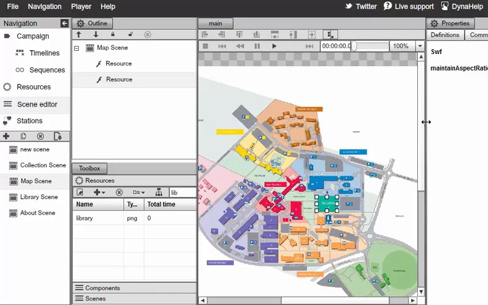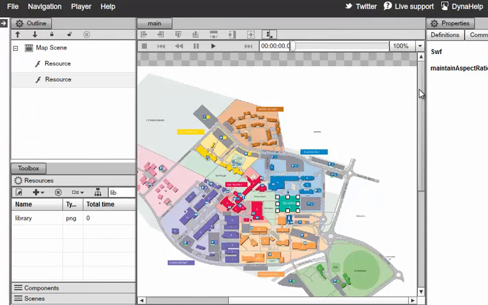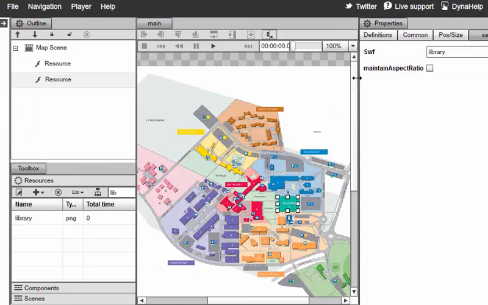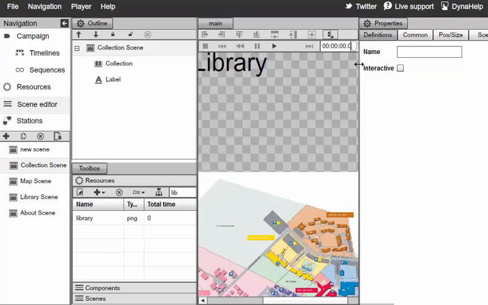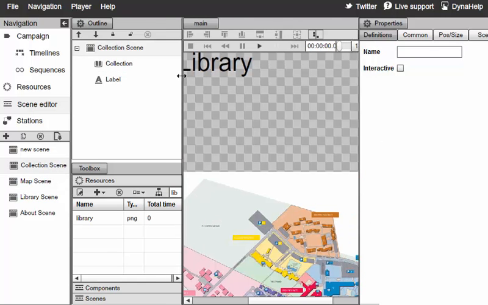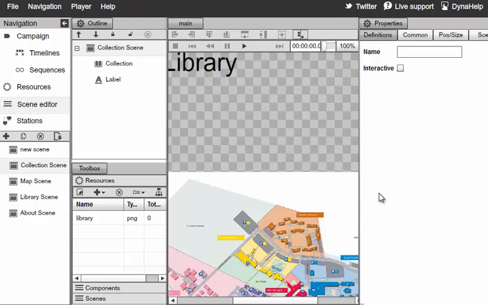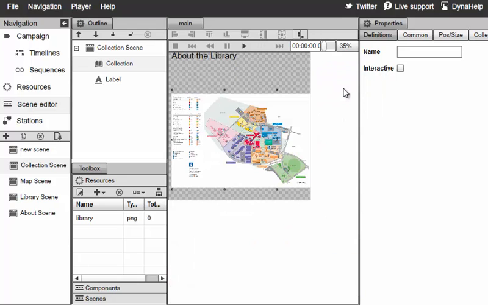And while it's selected under its properties, we're going to want to set it to be also under the definition an interactive item. I'm going to call this our library button and press enter. Next, we'll switch back to our collection scene. And now under our collection scene, we need to go ahead and associate again another event for the collection. So we'll select the collection and again zoom out a little bit